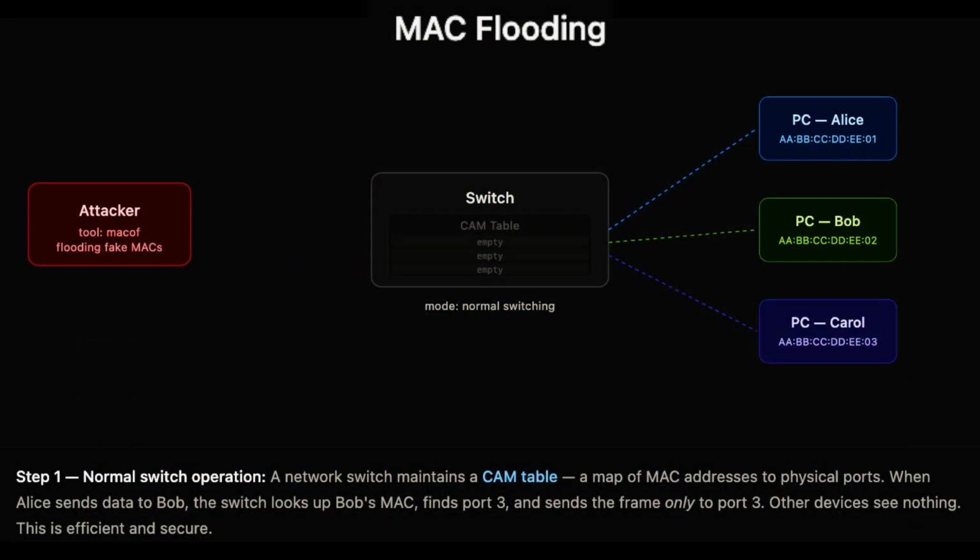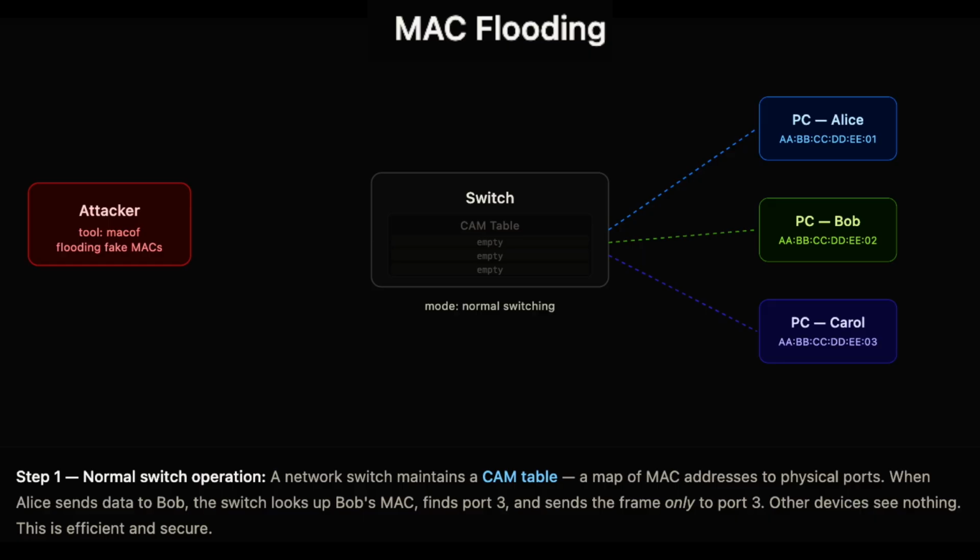One of the attacks at Layer 2 is MAC address flooding. In this attack, the attacker turns a smart switch into a dumb hub. A network switch maintains a CAM table, a map of MAC addresses to physical ports. When Alice sends data to Bob, the switch looks up Bob's MAC, finds port 3, and sends the frame only